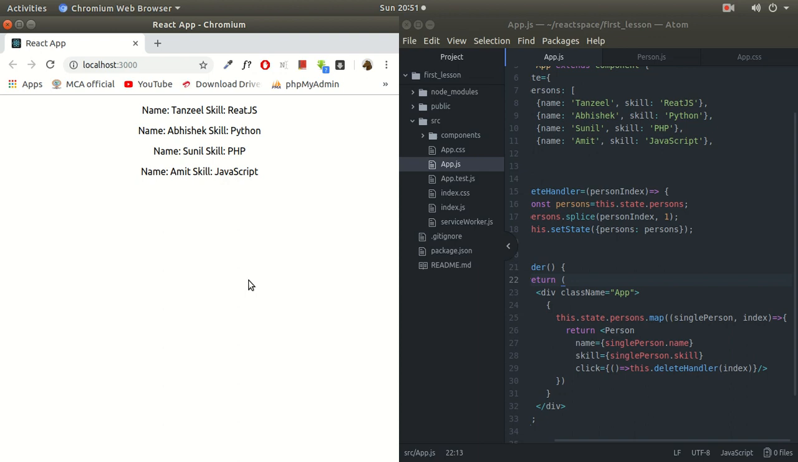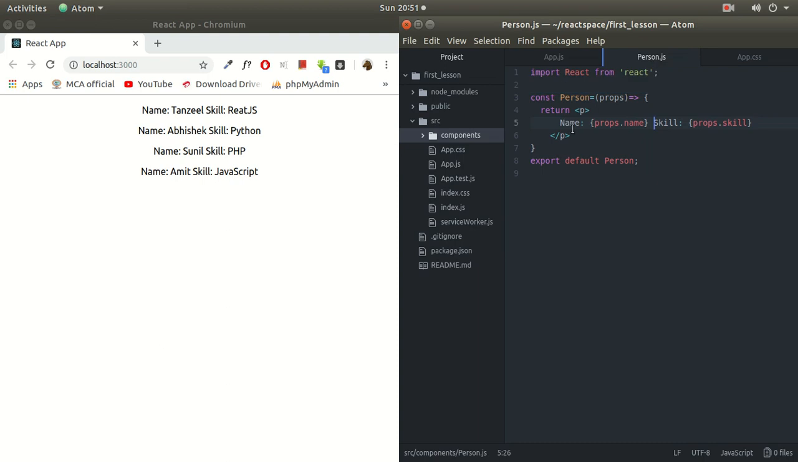Can you figure out the problem? Just pause this video for a moment and try to figure out why it's not deleting anything. Okay, it's not deleting anything because we haven't called this property inside our original person component. So here we have to call onClick. We forgot this, no? onClick is equal to props dot